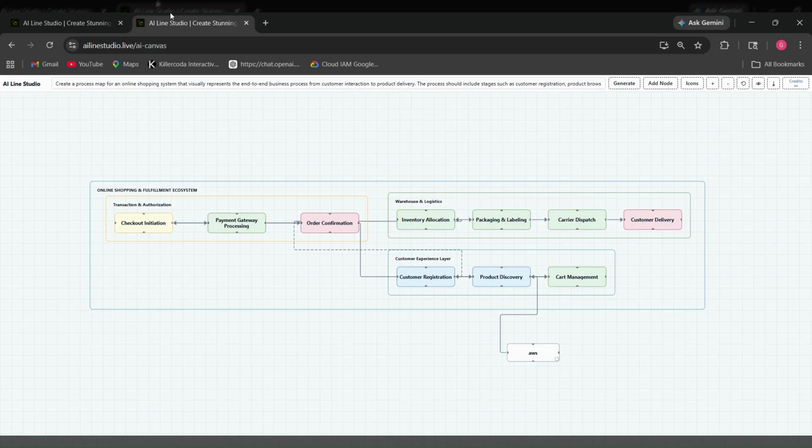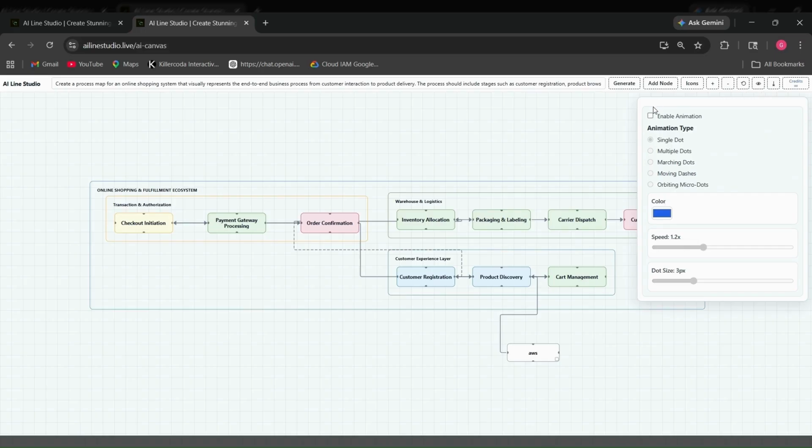Okay, so I have already generated a diagram for my use case, which is a process map for an online shopping system. Today we are talking about the animation, so kindly go to the animation panel. Over here, click on enable animation, and you can see a dot has started flowing around the edges. You can update the color like this. You can change the speed as well, and you can change the size of the dot as well like this